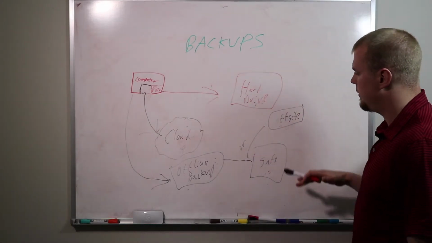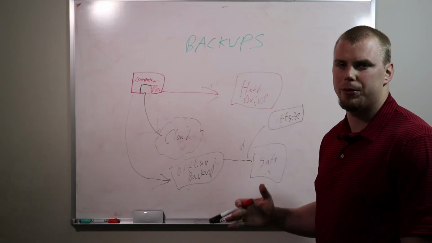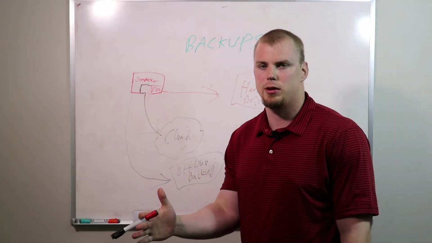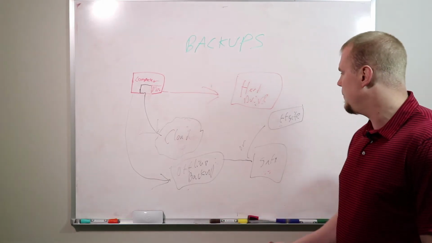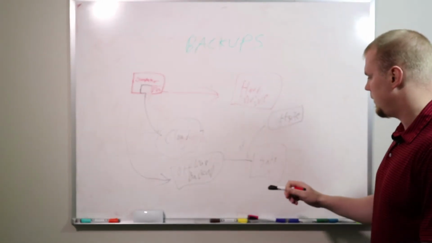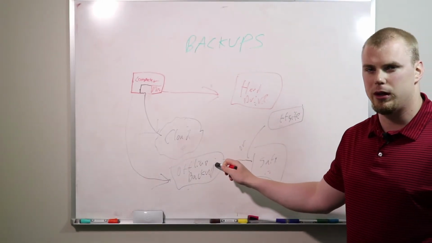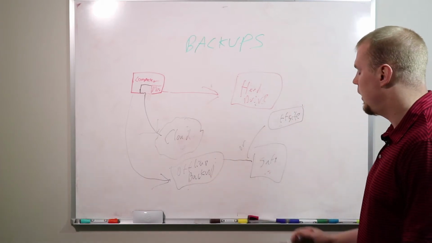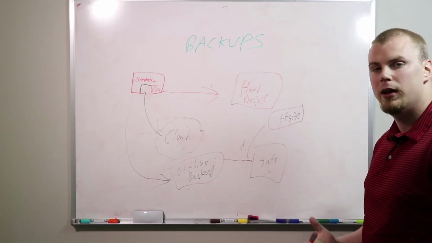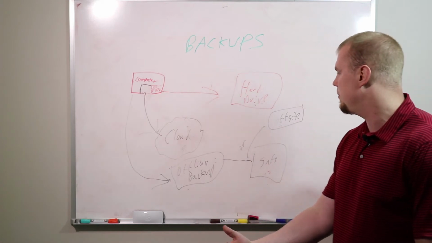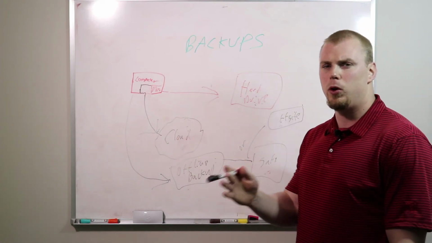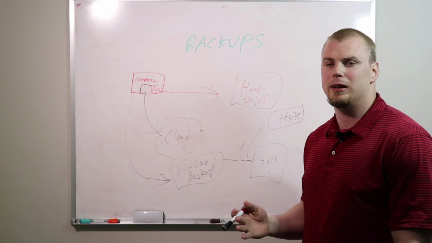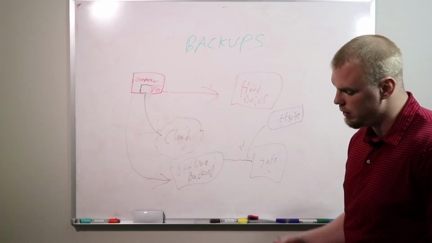And this environment overall here is a perfect example of the 3-2-1 backup strategy that I was talking about before, because you have 3 different copies of your data. You have the hard drive, you have the offline backup here, which can be on a hard drive or it can be on a tape, and then you have your information out in the cloud. Then you have it on two different mediums. So you have one on the hard drive and you have one out in the cloud. And then the 1 stands for you want to have a backup offline, which you have down here.